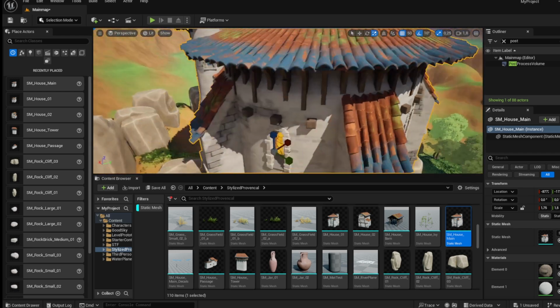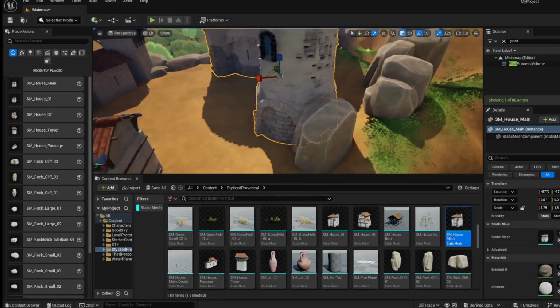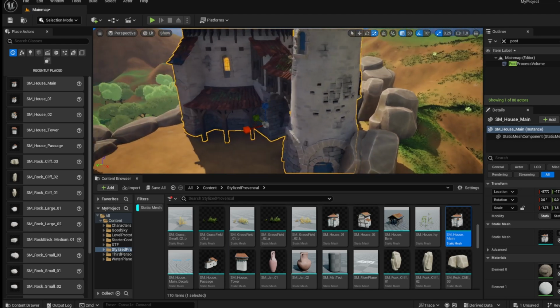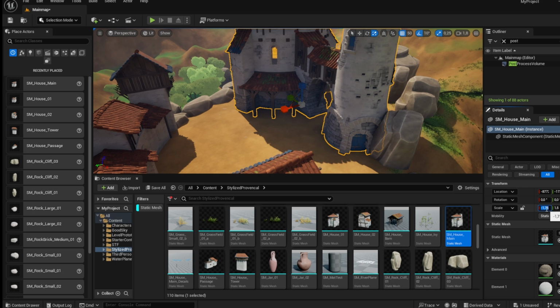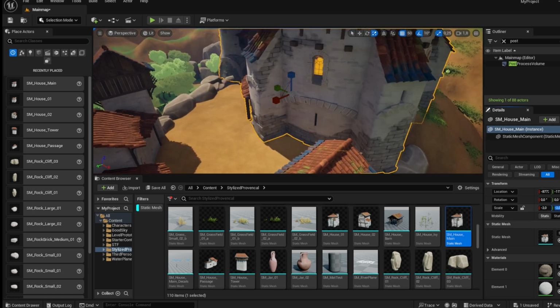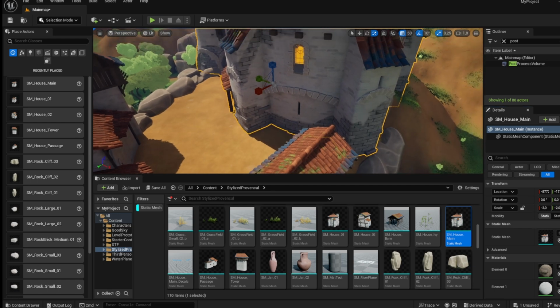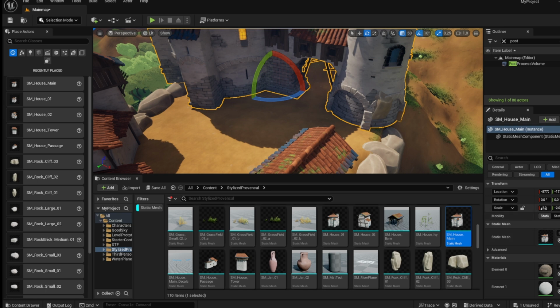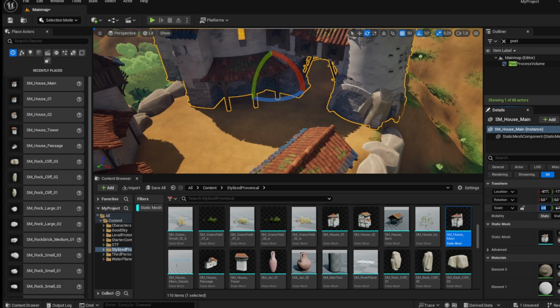I want to have that door. There we go. Okay, so put it on -2 and -2. That's right. Actually put it on 2, and